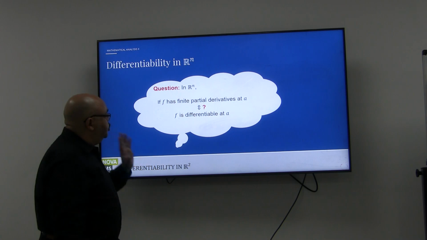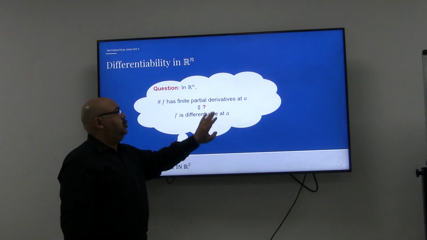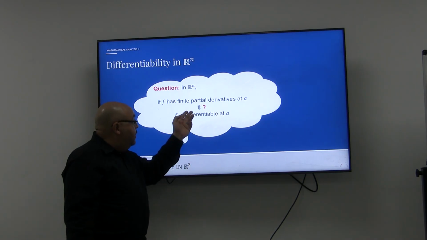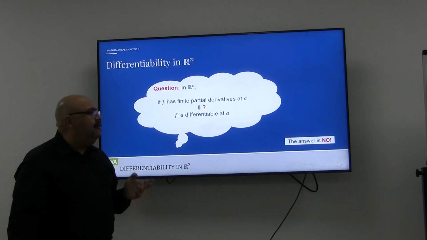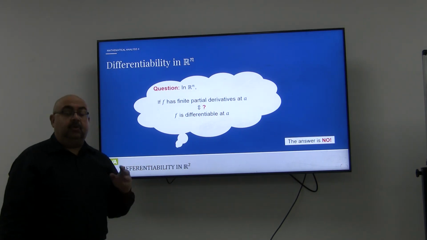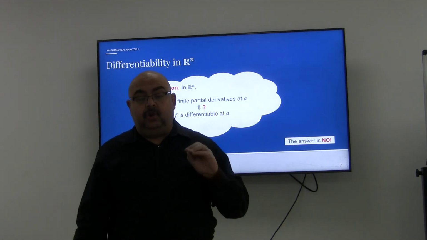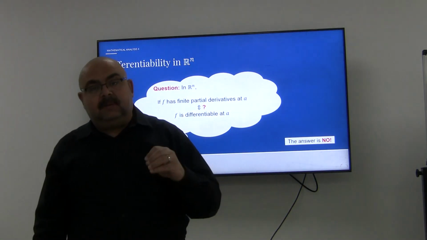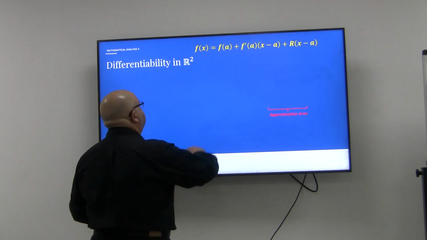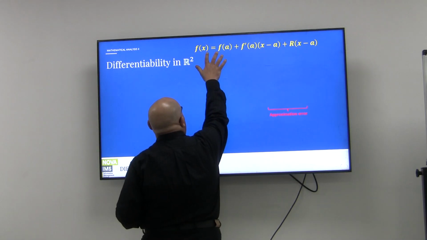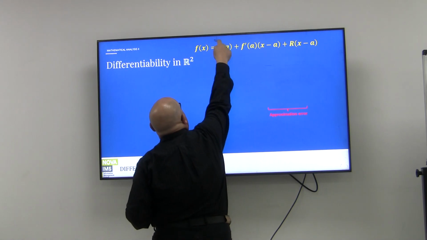This question is really very important, which states: if f has finite partial derivatives at a, then is f differentiable at point a? Actually, no. Unfortunately, the answer is no. So I may have functions having partial derivatives, but still not differentiable at the point that we are discussing. Once more, this is the approximating equation, or that's the differentiability condition for a function from R into